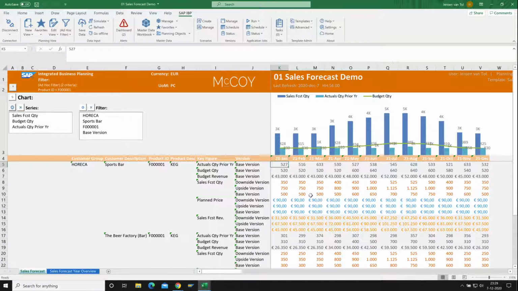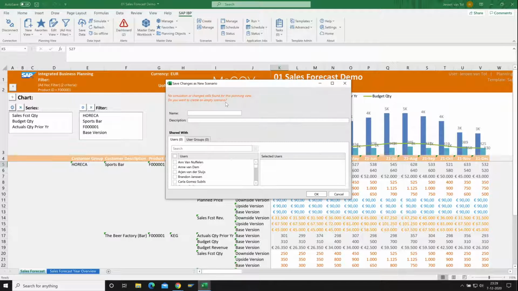The other key figures like the forecast and the planned price are now open, and I can apply changes in those different versions. So at the same time, I am now working in 3 different versions of my supply chain, where I can simulate what if my forecast would be higher, would be lower, or what if I would stick to my baseline? What is the impact from a supply chain point of view, and what is the impact from a financial point of view? And this all at the same time.